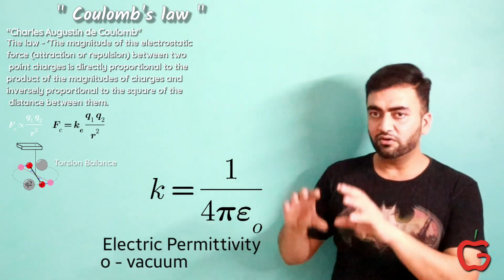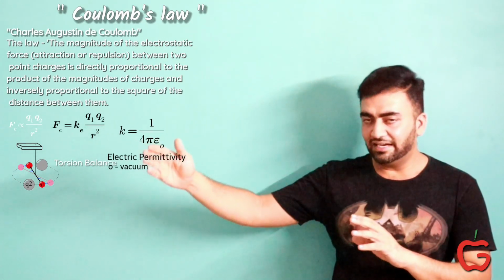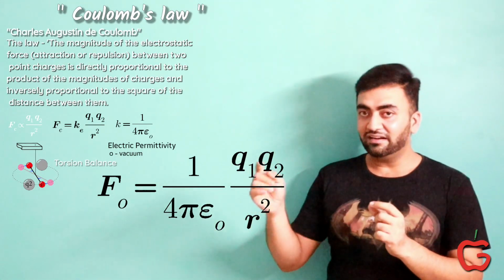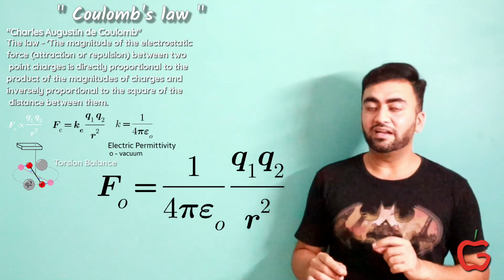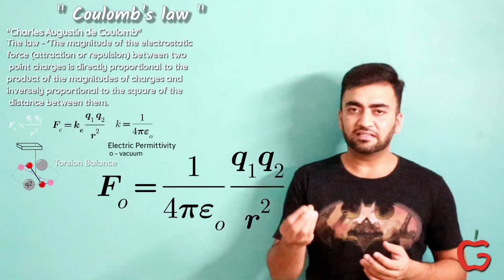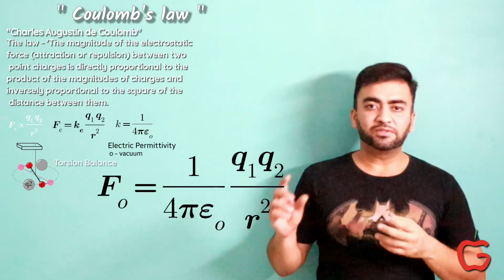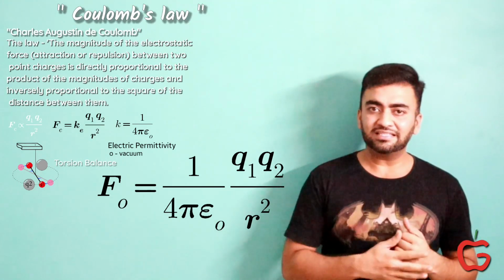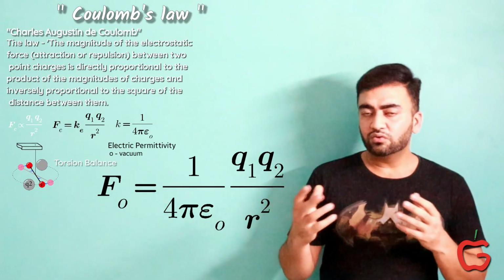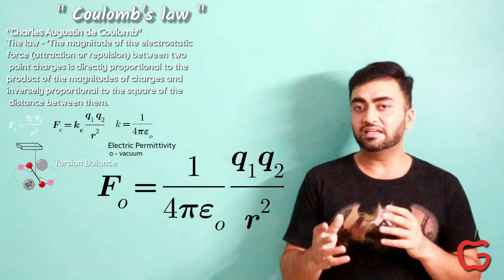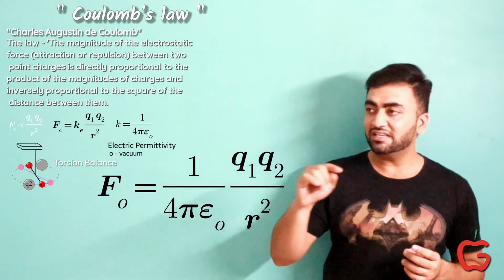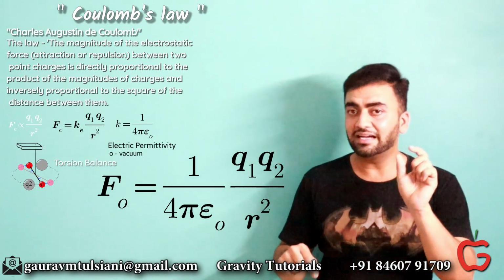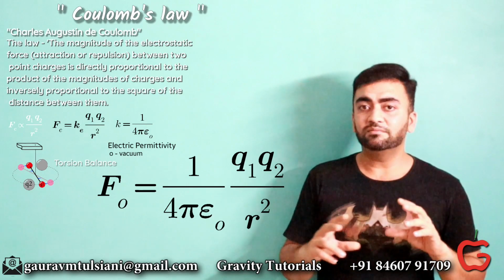So if we substitute 1 by 4 pi epsilon naught in place of K, we see electrostatic force equals 1 by 4 pi epsilon naught Q1 Q2 by R square. Here epsilon is variable, it varies according to medium, electric permittivity. We'll discuss a little about that. What could epsilon physically mean? The name is permittivity, electric permittivity. This suggests that it shows the property of a medium that permits electrostatic interaction. We may see the force depends inversely on permittivity. This indicates that the higher the permittivity, the lesser is the interaction between charged particles.